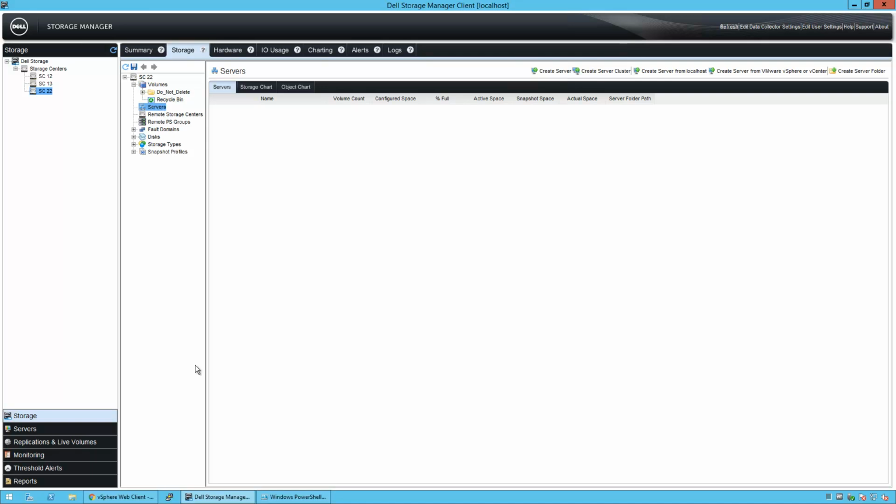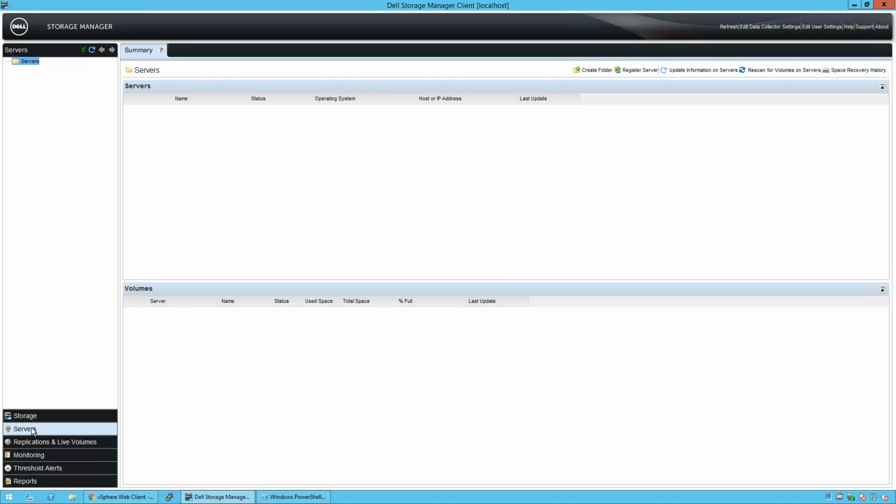So the first order of business before we can set up virtual volumes and the VASA provider, of course, is to have the underlying vSphere 6 infrastructure deployed, have the Dell Storage Manager deployed, and have the Dell Storage Manager client deployed. And so the next step after that would be to go to the servers view, and I'm